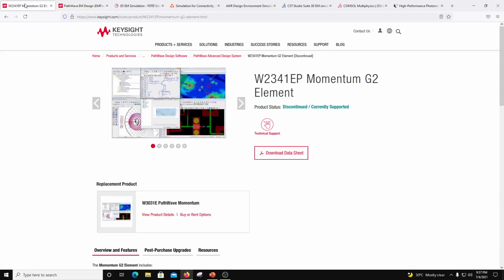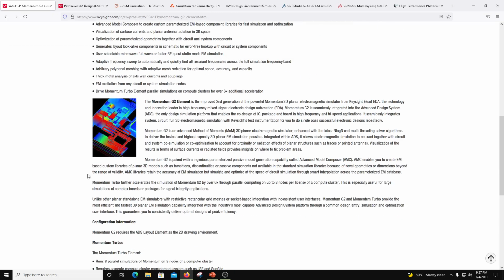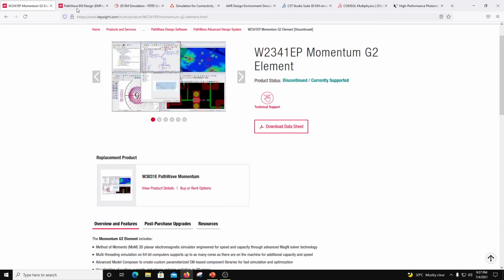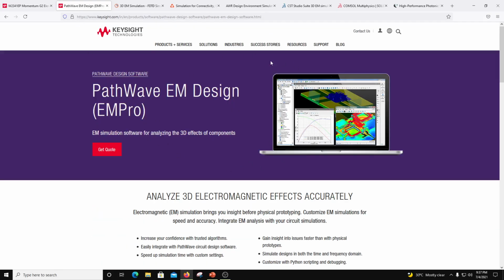Okay, so now between the two tools, you can do a single button export to EMPro. So if you have done planar circuits, which are easy to lay out, right? It is a layout in 2D, and then the profile is defined by the substrate. So once you have done a layout, you can export that with one click of a button to EMPro, right? And then you can do a FEM simulation in EMPro, and then take the design or the results back to